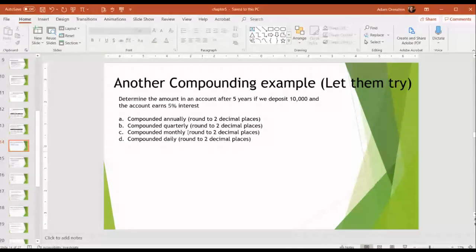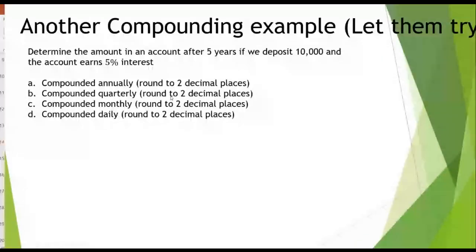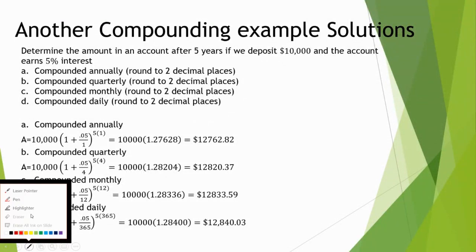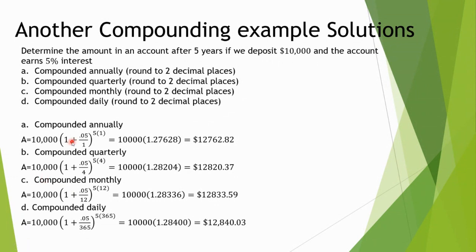Okay, so here, again, we have this example. So here are basically what you have to do in each case, but let me go through it. So for instance, in the annually case, in either case, you can see it really depends on what your N is. So if your N, for instance, is 1, that's what annually is. This is what you should get,